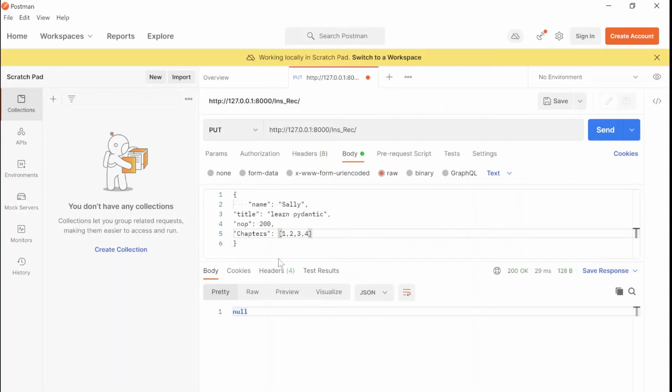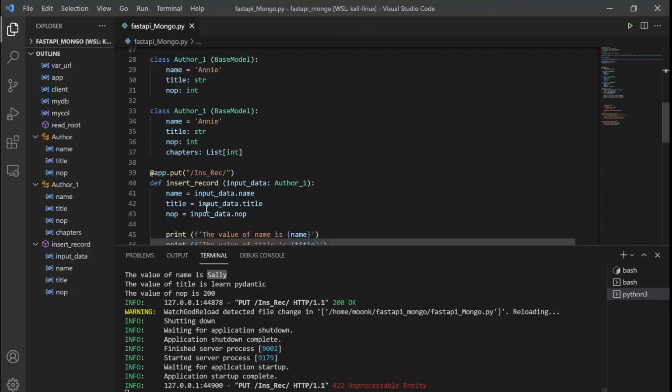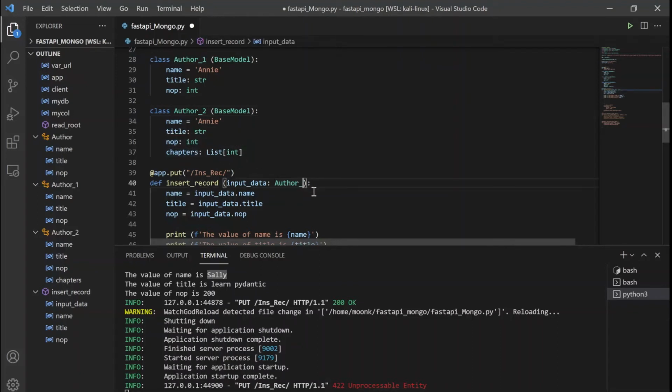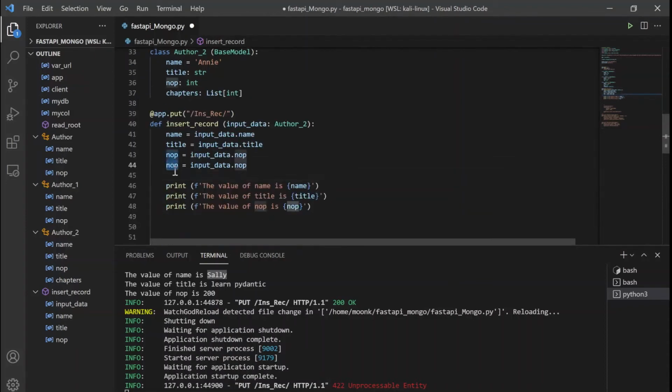Now let's see what it gives us. If I do send, it gives me an error. Why? Because we are still making use of the author1 class, but we should have renamed this as author2. So author2 is making use of chapters, which is making use of list. Now let's change it over here also, author2. Now in this scenario, it should give me the chapters also. So chapters, input data is chapters,